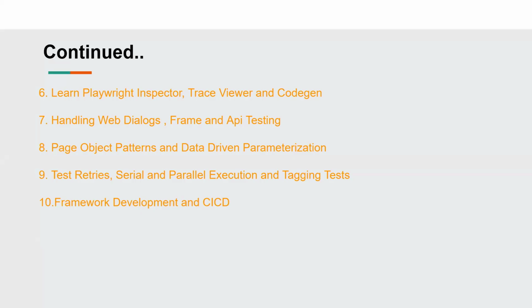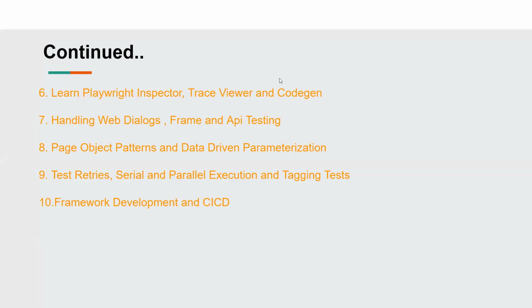The ninth point that I want to talk about is retries, how we can run tests in parallel, and how we can run them serially, in a single thread. And then tagging of tests. We can categorize tests as per their importance. We can have the most important flows as smoke, and then regression as the other set of tests. In regression as well, you can have P1, P2, P3, priority one, priority two, priority three. So we can tag those tests so that whenever we want a specific set of tests to get executed, we'll just specify the tag and be able to run those.